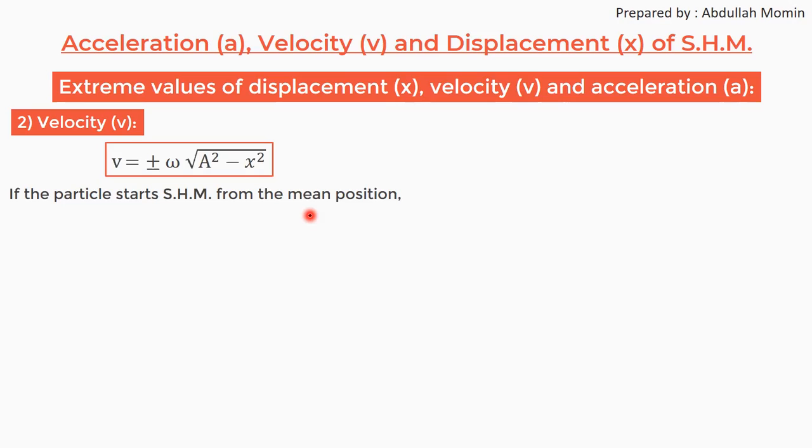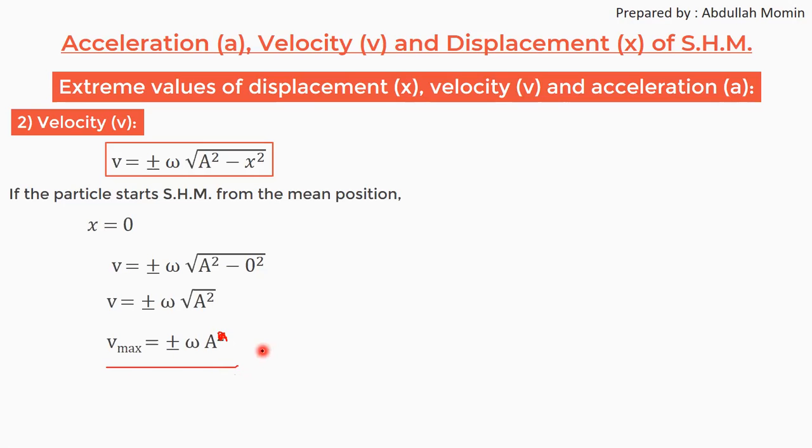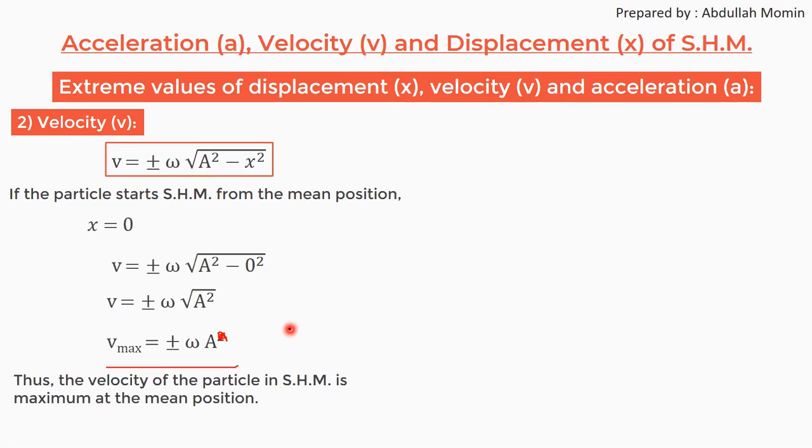उसके बाद वेलोसिटी की इक्वेशन हमारे पास है। अब हमको वेलोसिटी की मैक्सिमम और मिनिमम वैल्यू निकालना है। तो पार्टिकल अगर स्टार्ट करता है SHM मीन पोजीशन से तो डिस्प्लेसमेंट 0 है हमको पता है, तो हम x की वैल्यू 0 रख देते हैं v की इक्वेशन में। तो हमको मिलेगा v इज इक्वल टू प्लस माइनस ओमेगा रूट a स्क्वायर माइनस x स्क्वायर की जगह 0 स्क्वायर, x की वैल्यू 0 है तो आपको प्लस माइनस रूट a स्क्वायर मतलब प्लस माइनस a मिलेगा। तो यहाँ पे वेलोसिटी मैक्सिमम है, दैट इज प्लस माइनस ओमेगा a। दिस इज द मैक्सिमम वैल्यू ऑफ वेलोसिटी। कहाँ पे? मीन पोजीशन पे वेलोसिटी मैक्सिमम है।